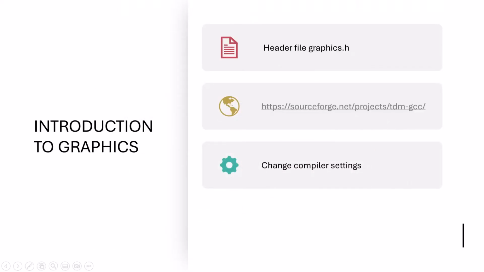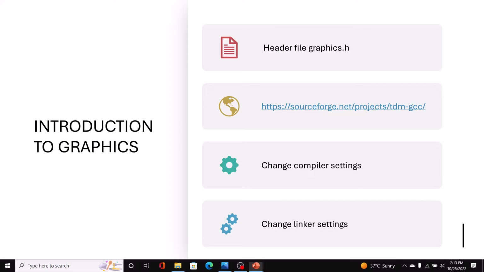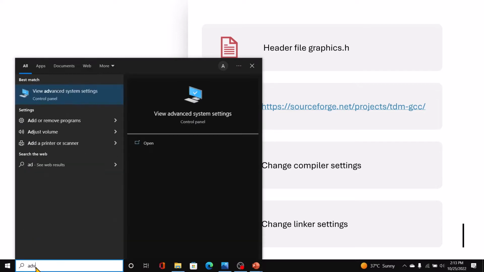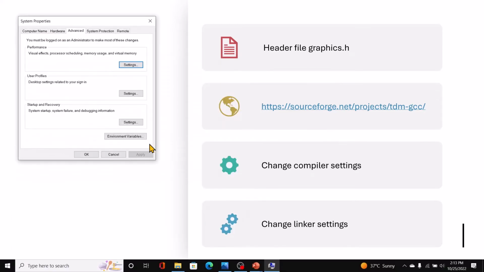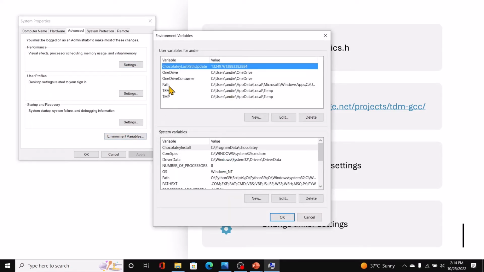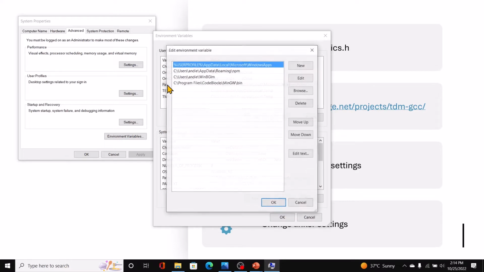So we've changed compiler settings. We've also changed the linker settings. Now the next thing I needed to do is to go to your Windows search bar and type in advanced system settings. So you should get this, click open, and now click on environment variables, double click on the path variable, and you should see the path to CodeBlocks